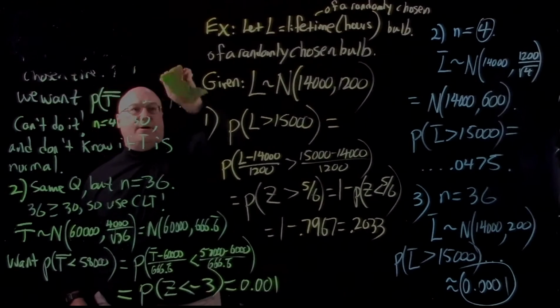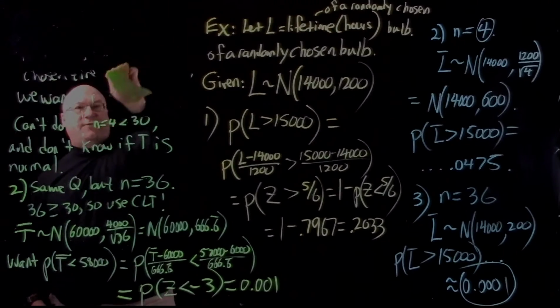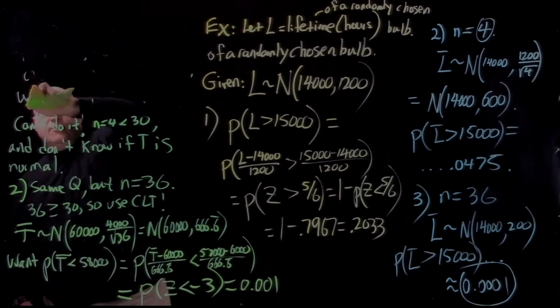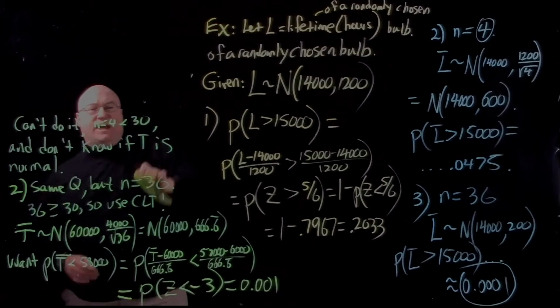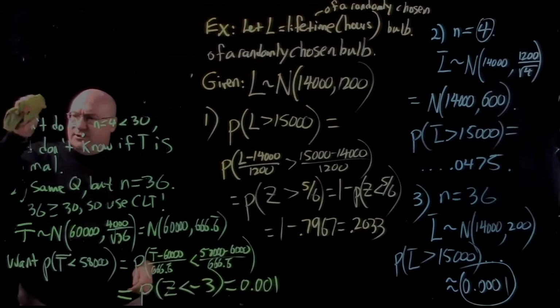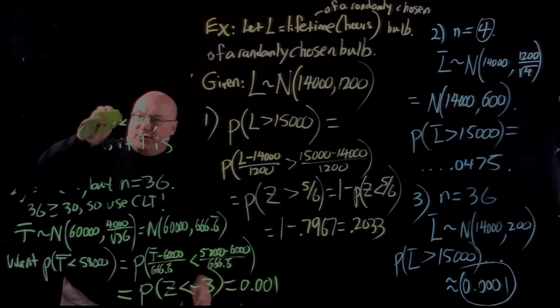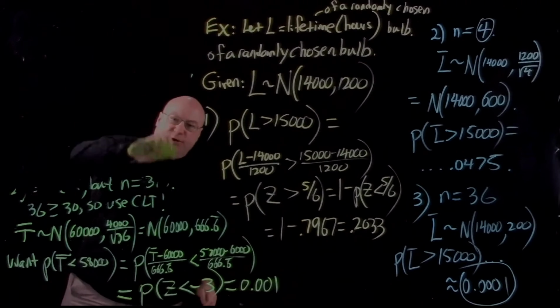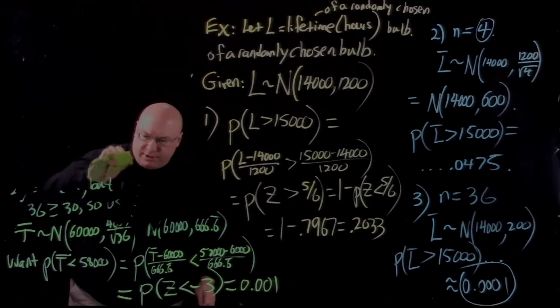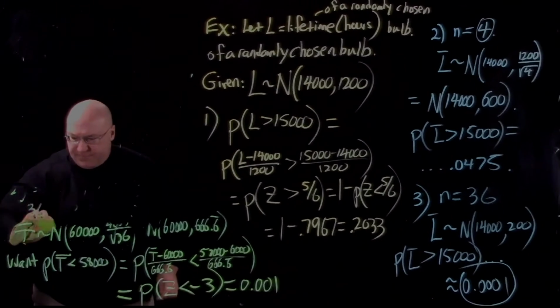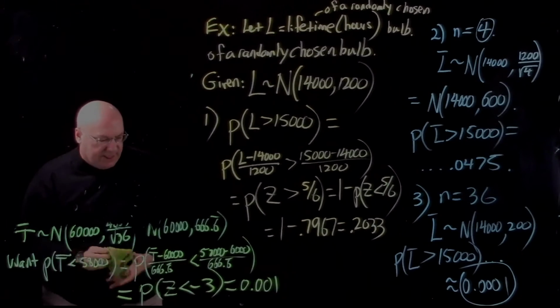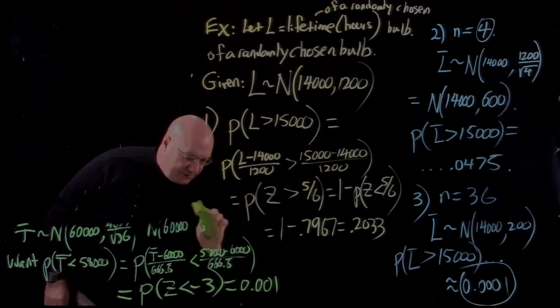What we're going to do now is take 25 of these bulbs, and we're going to use one until it burns out, and then unscrew it and put in the next one and use it till it burns out. We're going to unscrew it and put in the next one until it burns out. So we're going to burn them out sequentially. And the question is asking, if we take 25 bulbs and do this,